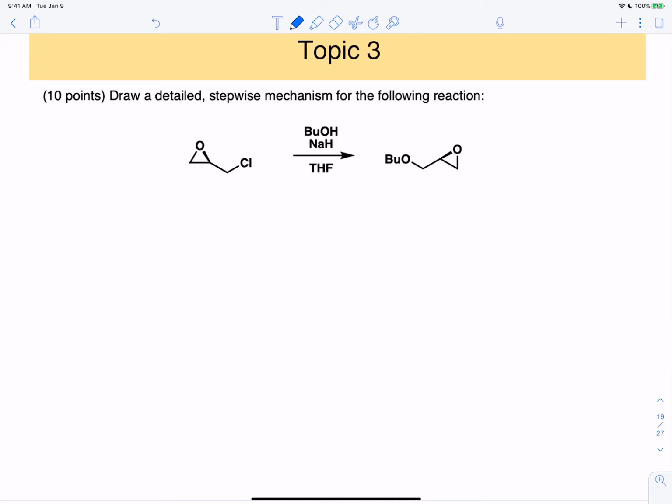So now we have an epoxide question from, I believe, the second exam. There's a couple things to notice. We have basic conditions, sodium hydride and butanol. This means we're going to have the butoxide anion form. We're under basic conditions, so we know this butoxide anion is going to attack the epoxide in the least substituted